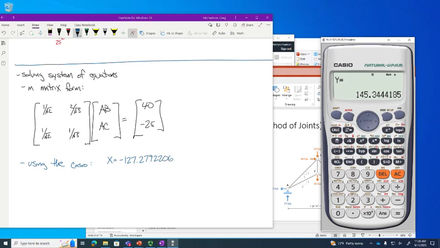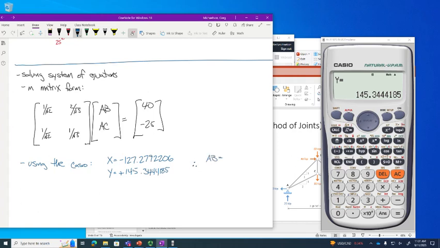Then if I press equals again, y is positive 145.3444185. Okay? So how do I interpret that? Well, the Casio doesn't know what we called AB, what we called AC. It doesn't understand. But it does know that the solution X and Y is in order. And we wrote AB first and AC second. Okay? So what that means is, therefore,